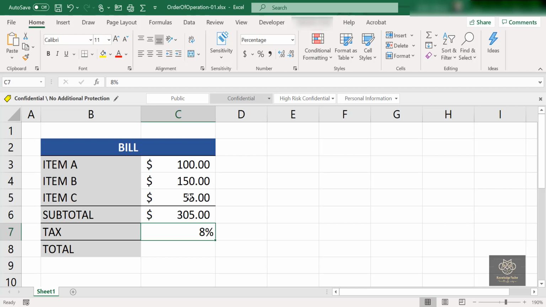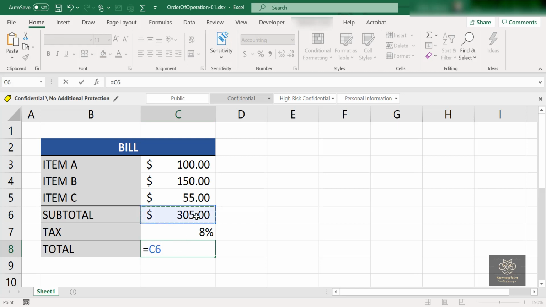Now I want to get the grand total, which includes the 8% tax, which will be calculated in this cell. So it will be another formula. I'm going to cell C8 here, and I would say this cell times this cell, so C6 times C7. What do you think I mean? Hit the enter key.